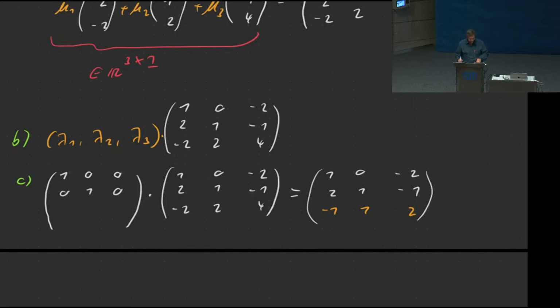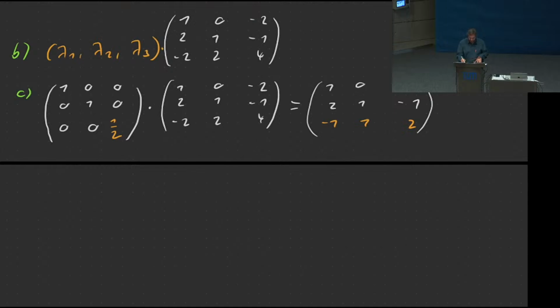And for the third row, almost the same thing. If we wanted to just reproduce it, we would do the same thing, identity matrix. Now we don't want to reproduce it, but instead we want to multiply it by not 1, but instead by 1/2. So we just put that factor here. Right? And that will do exactly the right thing. Okay, I guess you can figure out D by yourself. Maybe just a quick look at E.